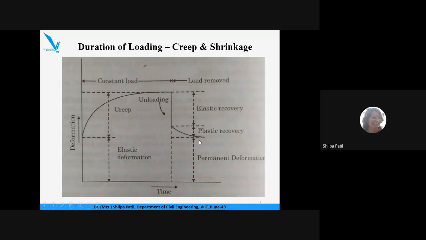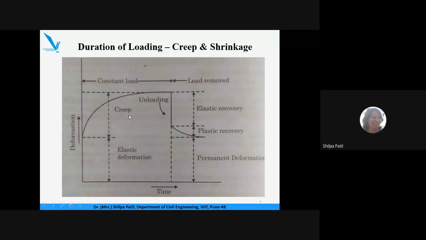But there is a certain plastic recovery also. A little amount of plastic recovery will also be there, but the entire deformation will not be recovered. Whatever the deformation shown by the material, it will not come to zero even after removal of the load. That deformation is a permanent sort of deformation, which is normally because of the creep